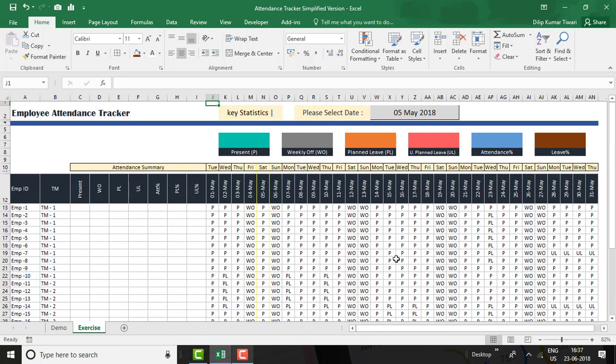So now we have filled all the attendance status for each and every employee. I have considered fictitious and randomly filled all the details. So let's apply conditional formatting for each and every cell, so that this tracker will change the color basis the selection done in a particular cell, or basis the attendance status available against an employee and a